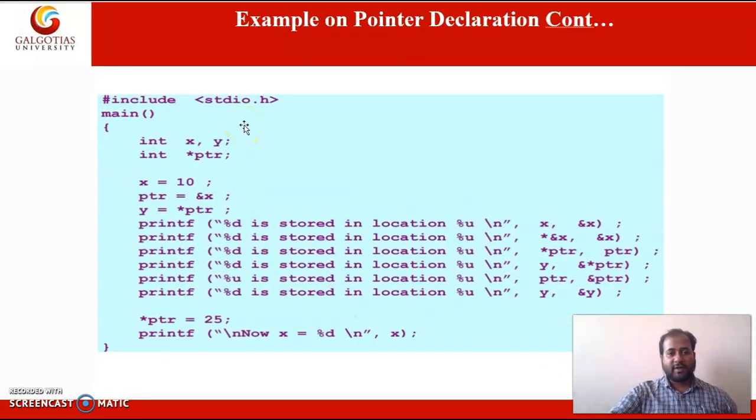See the next example. Here we are having two variables x and y, and a third variable that is a pointer variable.